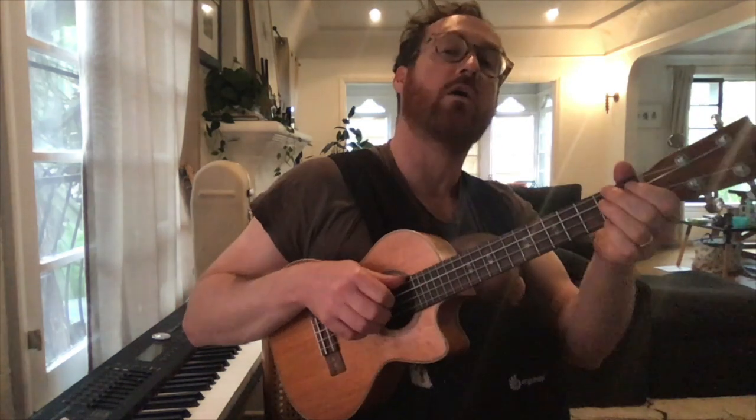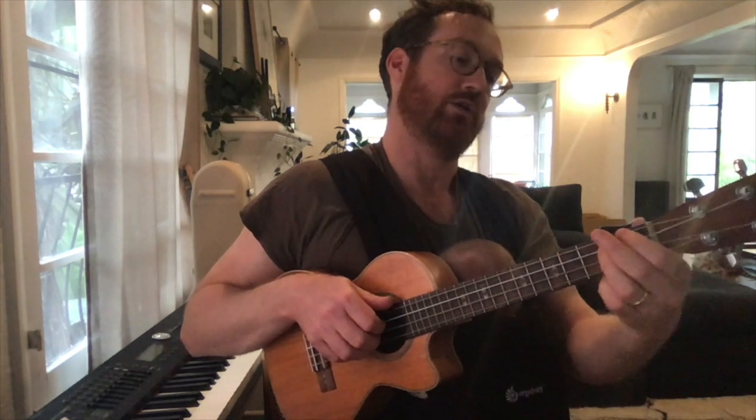The 3rd chord of the verse is a D sus2, which is played using the 2nd fret on the 4th string, the 2nd fret on the 3rd string, and once again open 1st and 2nd strings. That's a D sus2. And the final chord of the verse is an E7, which is played using the 1st